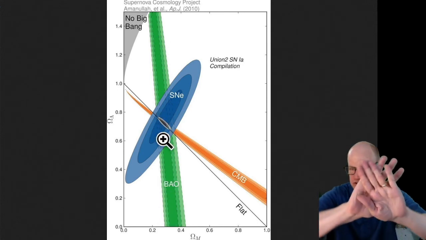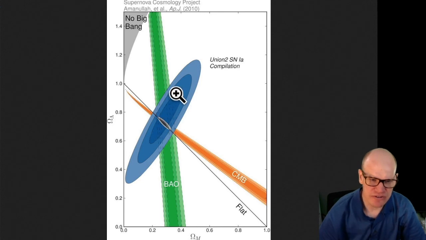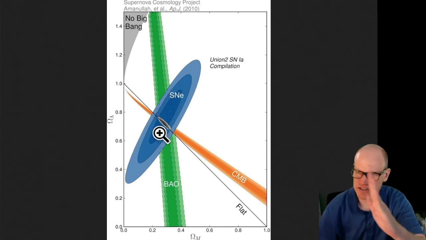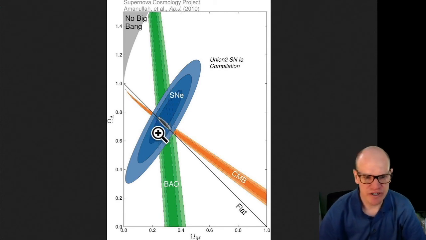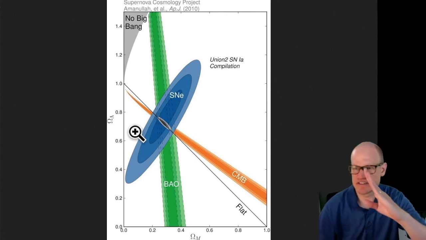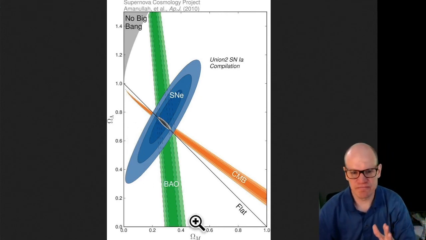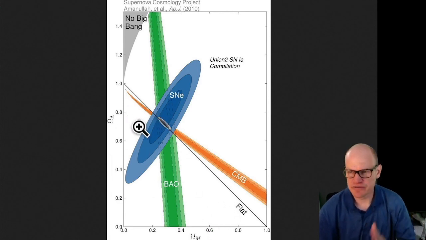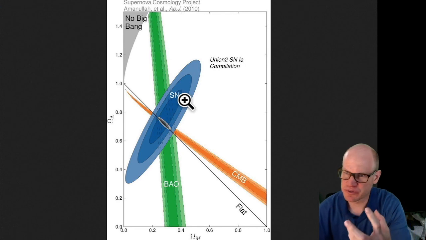You notice that all of these things are kind of rotated relative to being perfectly linear. So this is almost linear. It's almost a straight line with slope 1, but it's not quite. It's got some slope, but either way, the dark matter is correlated with the dark energy, like y equals mx plus b. So the dark energy is correlated with the dark matter. If there's more dark matter, you need more dark energy in order to explain the supernova.